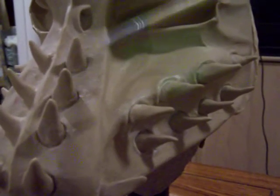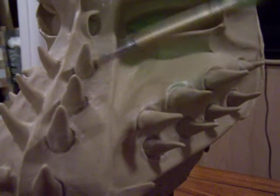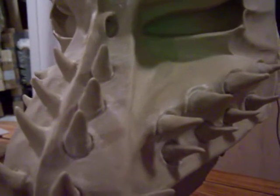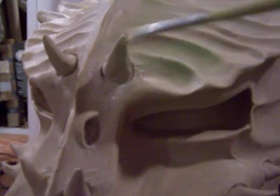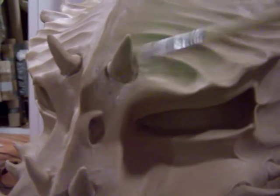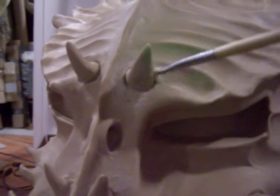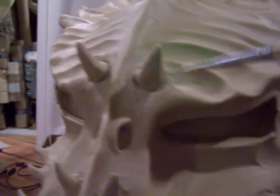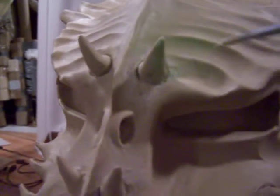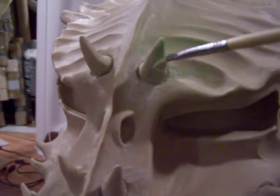You can't even measure it by millimeters, but you can see that there's little bits of clay that have moved slightly, and the more you move them into the shape that you're looking to get, the better the result is. And it doesn't take much. Sometimes if you have too much water, then it just slides, so you have to dry out your brush and press a little harder